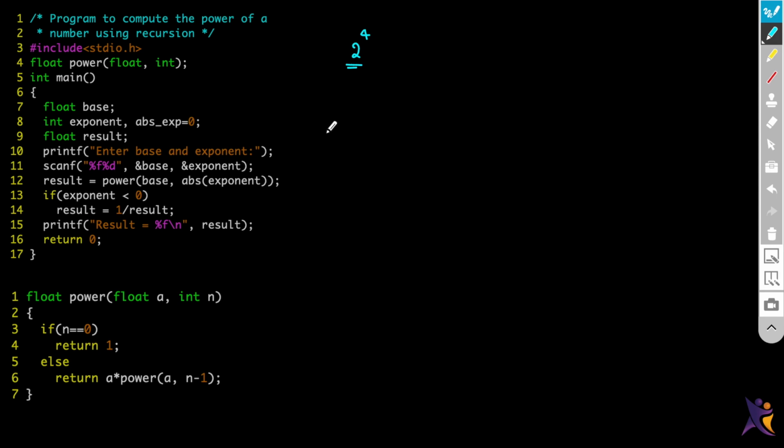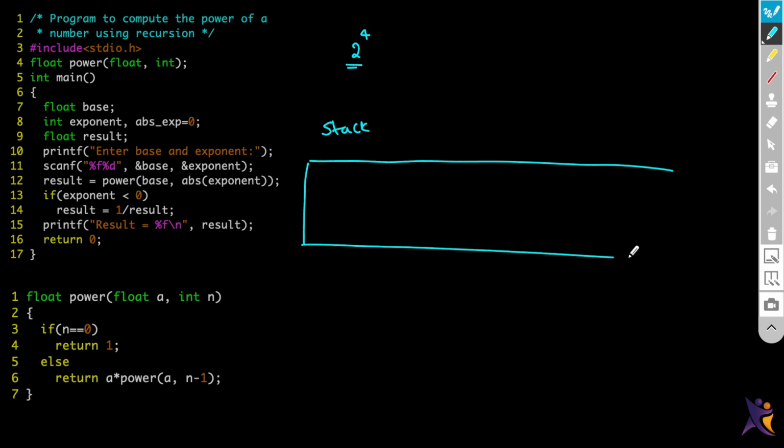Whenever a function is called, a new activation record will be created in the stack portion of that program. If you remember the memory layout, it has a stack portion. So let's say this is my stack, and a new activation record will be created in the stack.